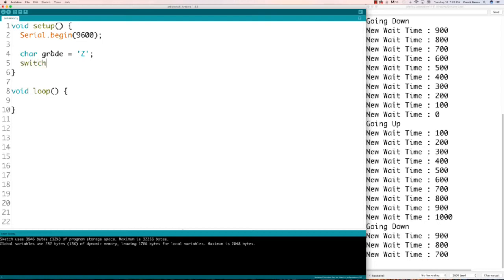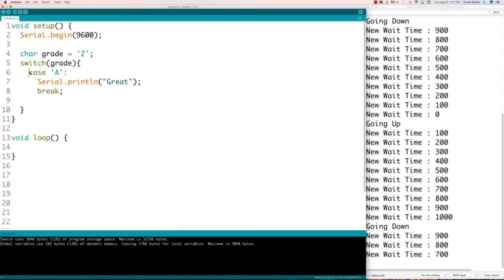So what we're going to do is check the grade that we just entered inside of here, and see what the value of grade is and then perform different actions. So we're going to say that if grade has the value of capital A, well, in that situation we are going to print out great, for example. And then to jump out of the switch statement and stop checking, we are going to put a break inside